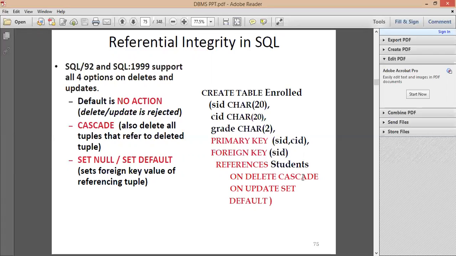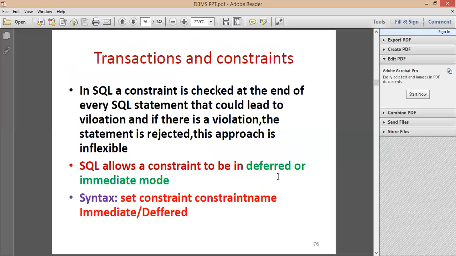But if I write no action instead of cascade, then whatever you try to delete in the base table, if it is referenced by a tuple in the child table, that particular SQL query will be rejected. That is called referential integrity constraint in SQL.